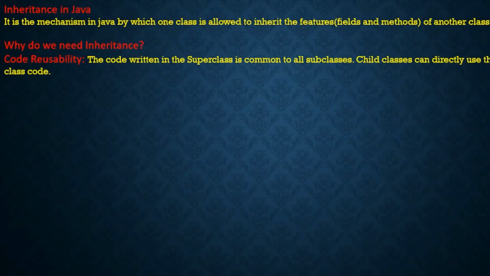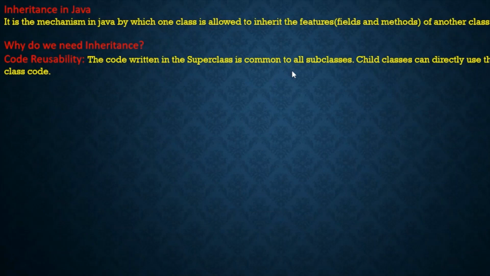Before going further, let me tell you, class B is inheriting some properties from class A. In that case we can call class A the base class or parent class, and class B the child class or derived class. Okay, child class or derived class. So these are the concepts we should remember: parent class or base class, child class or derived class. These are the different names we can think of. Okay. So here we are going to use superclass and subclass